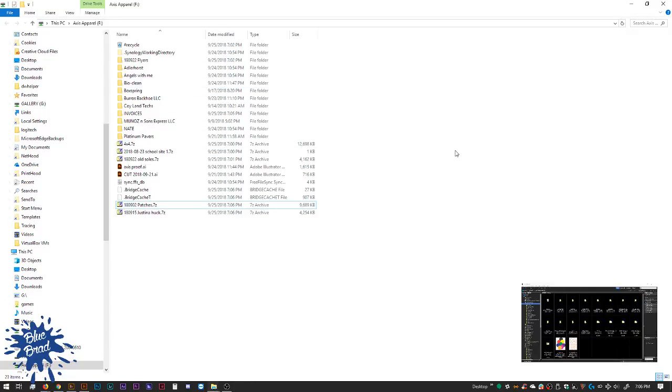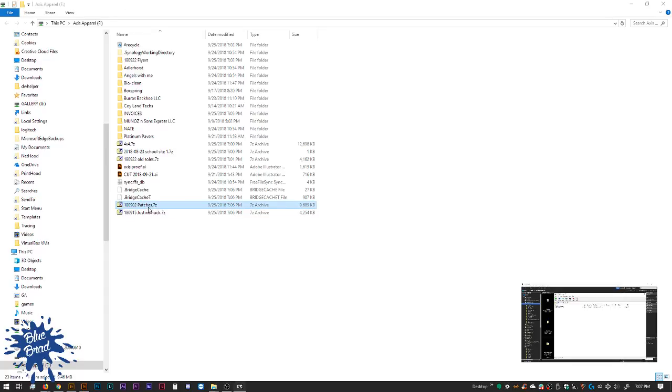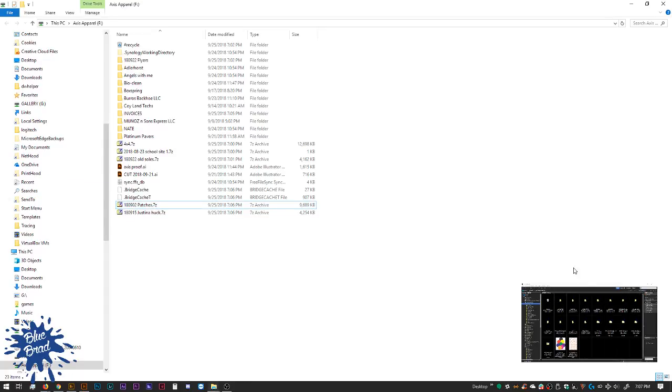Because they take up space, like this patches one, the bridge file that was in there was like 3 megabytes, so every bit of megabytes you can get, I always say clean it. Like for instance, my trifold brochures, the entire project folder is maybe 10 megabytes. So being a third of my file, being cleaned if there's bridge files in there, I clean it. So the other thing I need to do is